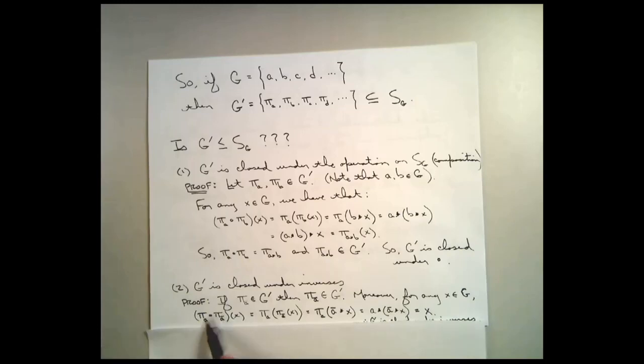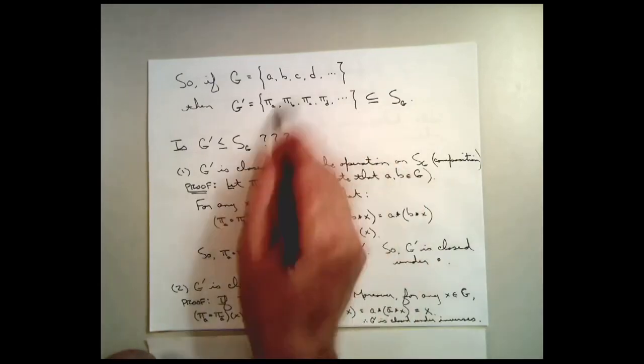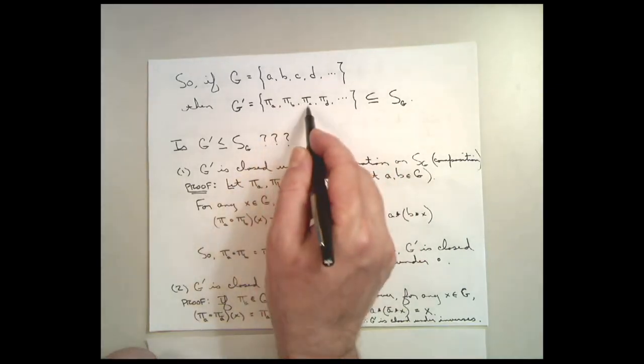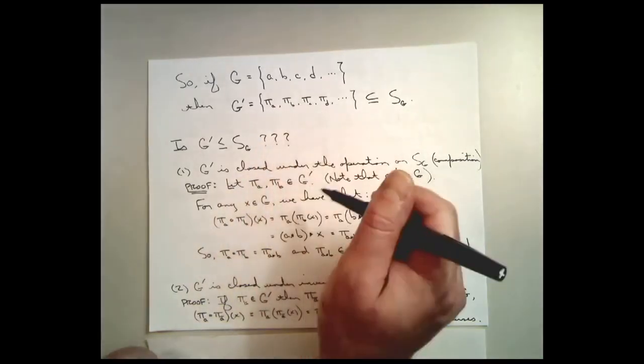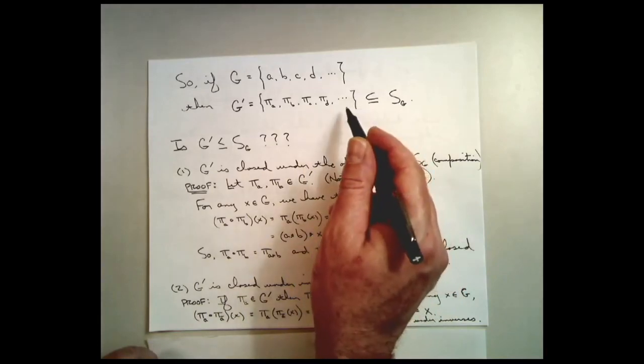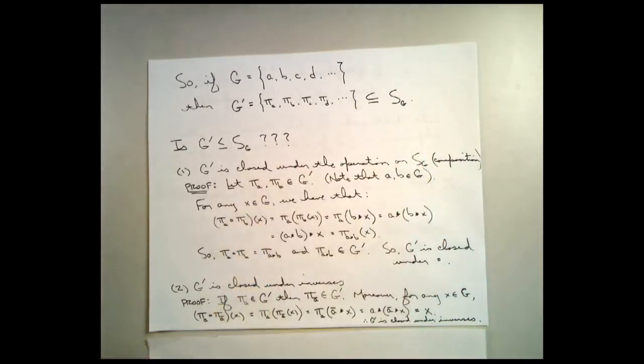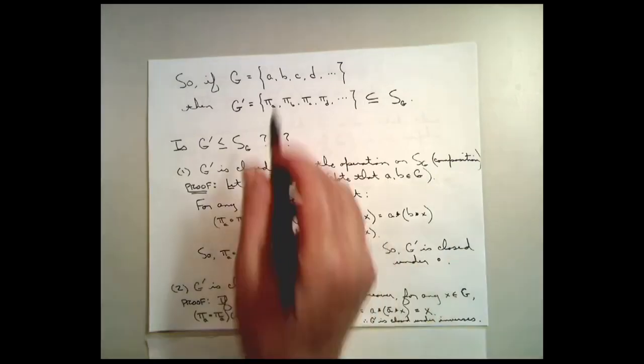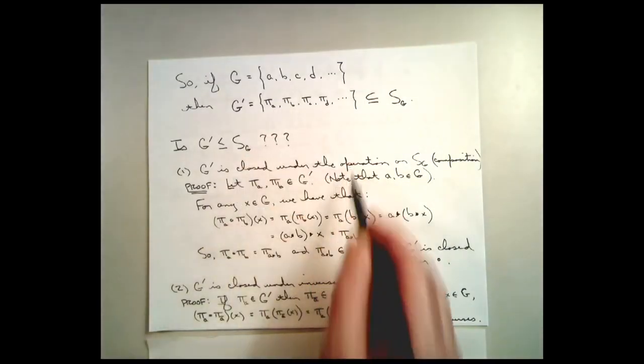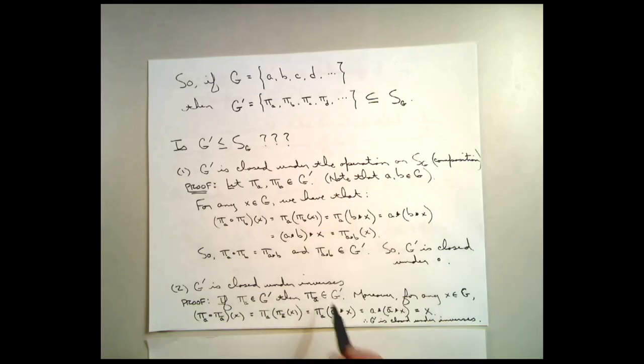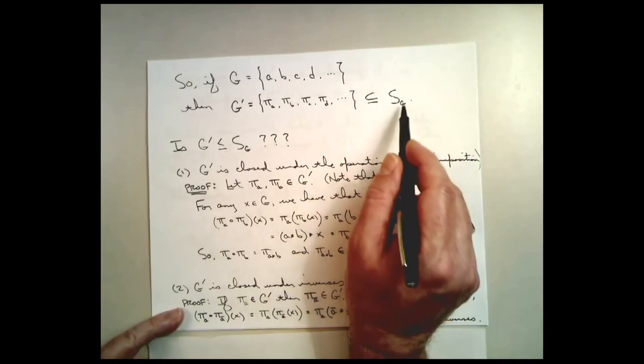A similar argument would show me that I could go in reverse, that pi A inverse of pi A of x is also x. And so with that, that tells me that G prime is closed under inverses, right? If I take any element out of here, say pi sub c, well, pi sub c inverse is also in here, and pi sub c inverse turns out to be the inverse of pi sub c. So sure enough, this set is closed under the operation, it's closed under inverses, and since it was a subset of this group S sub g,